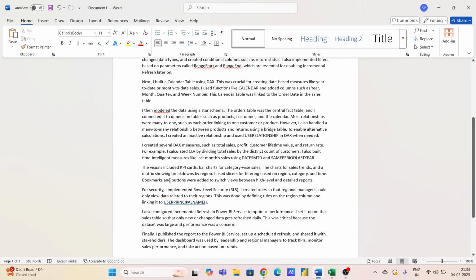Okay. So you can say that then you need to tell all about the DAX, whatever DAX you have used. So I created several DAX measures like total sales, profit, customer lifetime value, return rate. For example, I calculate the CLV by dividing the total sales by the distinct count of customers. So distinct count is also a DAX. I also build time intelligence measures like MTD, QTD, YTD, same period last year, previous year, and then you have functions like DATEDIFF, and you have day, month,